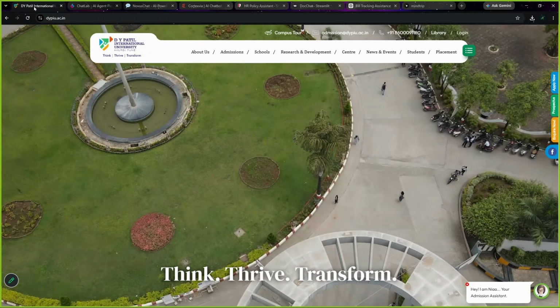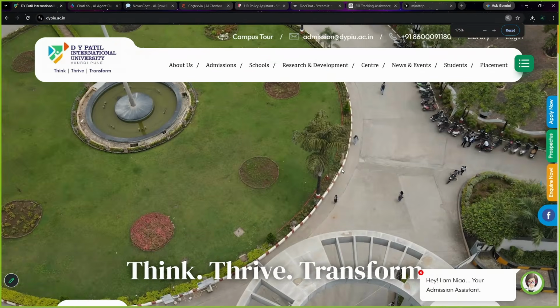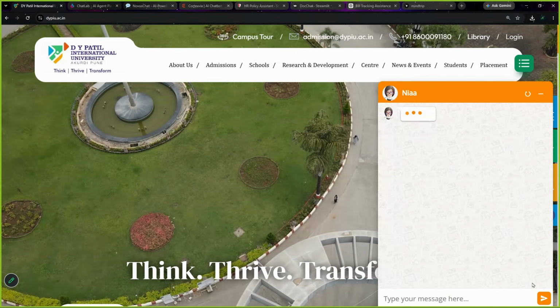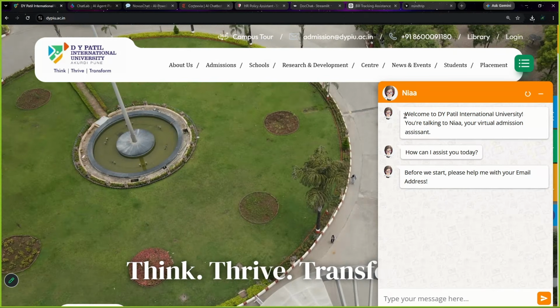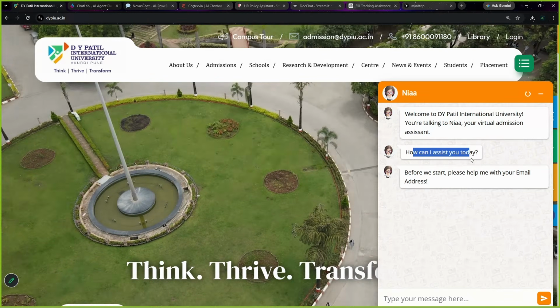Check this out. This is some university, DY Patil International University. We have, hey, I am Naika, your admission assistant. Let us open this. It will give us some message. All right. This is rule based. People have programmed this to behave like this. Exactly. It is not intelligent. How can I assist you before we start? So I can just say